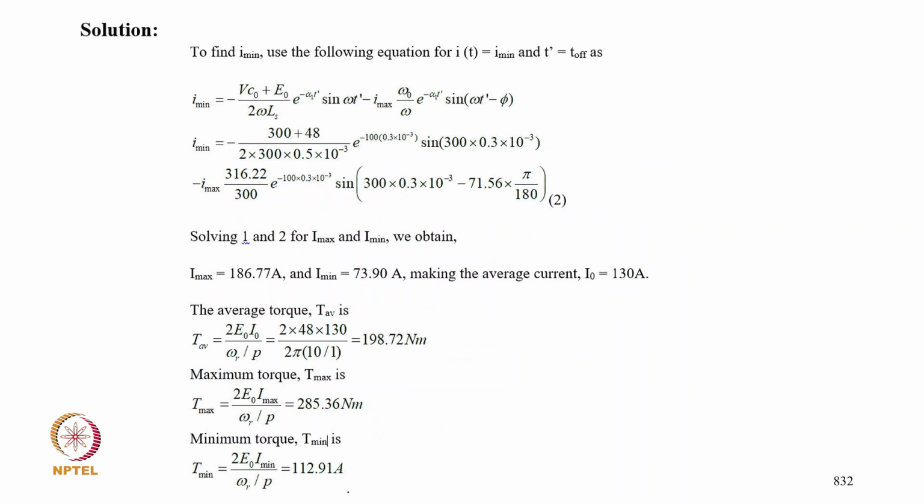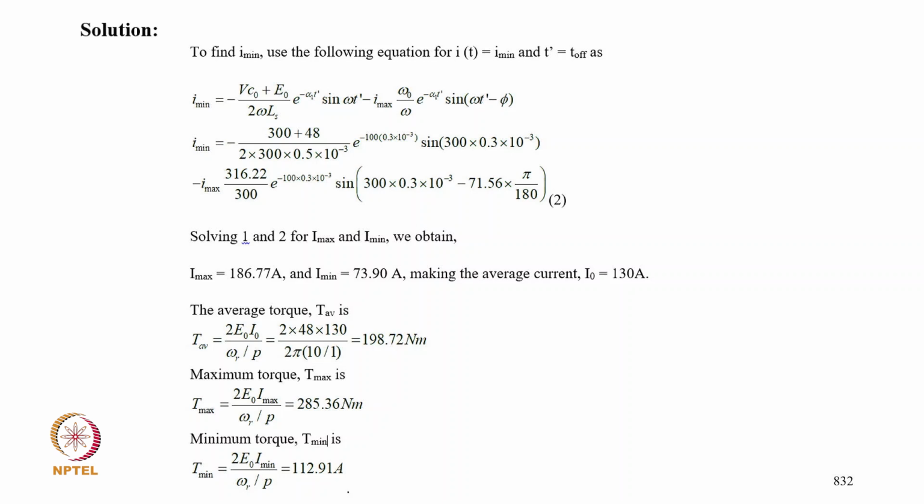To find out I minimum, use the following equation at T equal to T off: I minimum equals minus VOC plus E0 upon 2 omega L, e to power minus alpha T dash, sin omega T dash, minus I max omega 0 upon omega, e to power minus alpha T, sin omega T minus theta. After solving these, I max comes 186.77, I minimum 73.90, making average current I0 130,